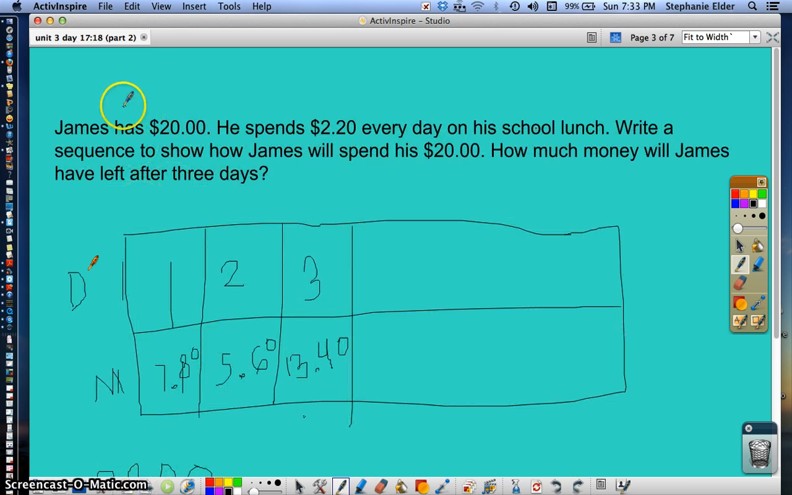If you look at this one, James has $20. He spends $2.20 every day on his school lunch. Write a sequence or a pattern to show how James will spend his $20. How much money will James have left after 3 days? Well, okay, D is for days, right here, there's my first variable. M is for money, that kind of got messed up. M is for money. And so on the first day,